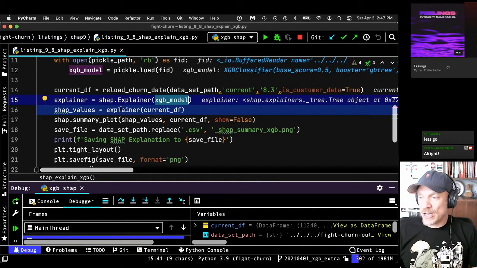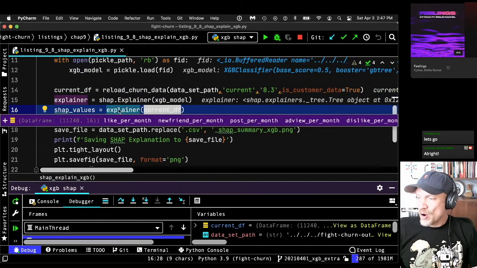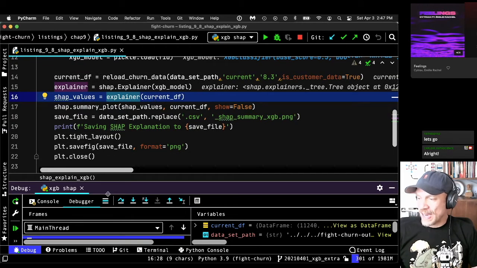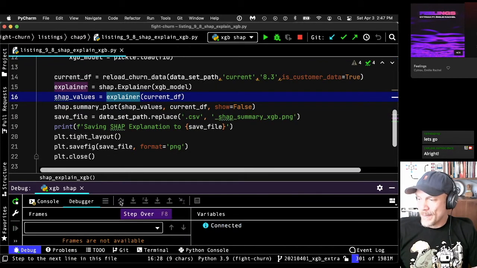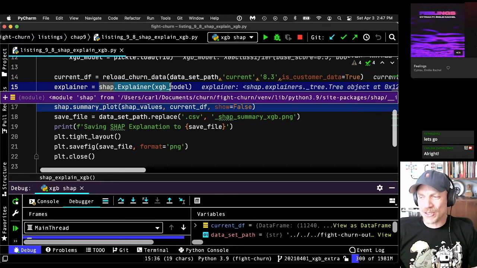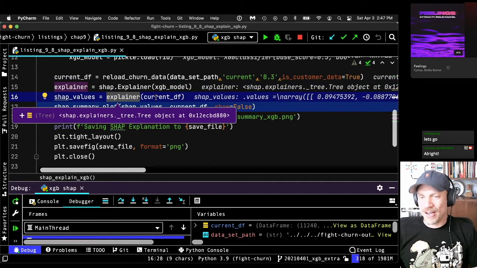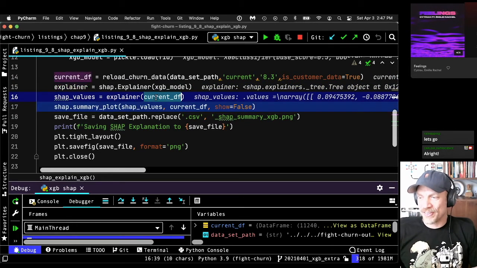And next, we call the explainer on the data set that we're using. It's a little confusing here: this is the constructor, and the main thing the explainer does is explain, so they just have that as an operation where you pass in the data set.